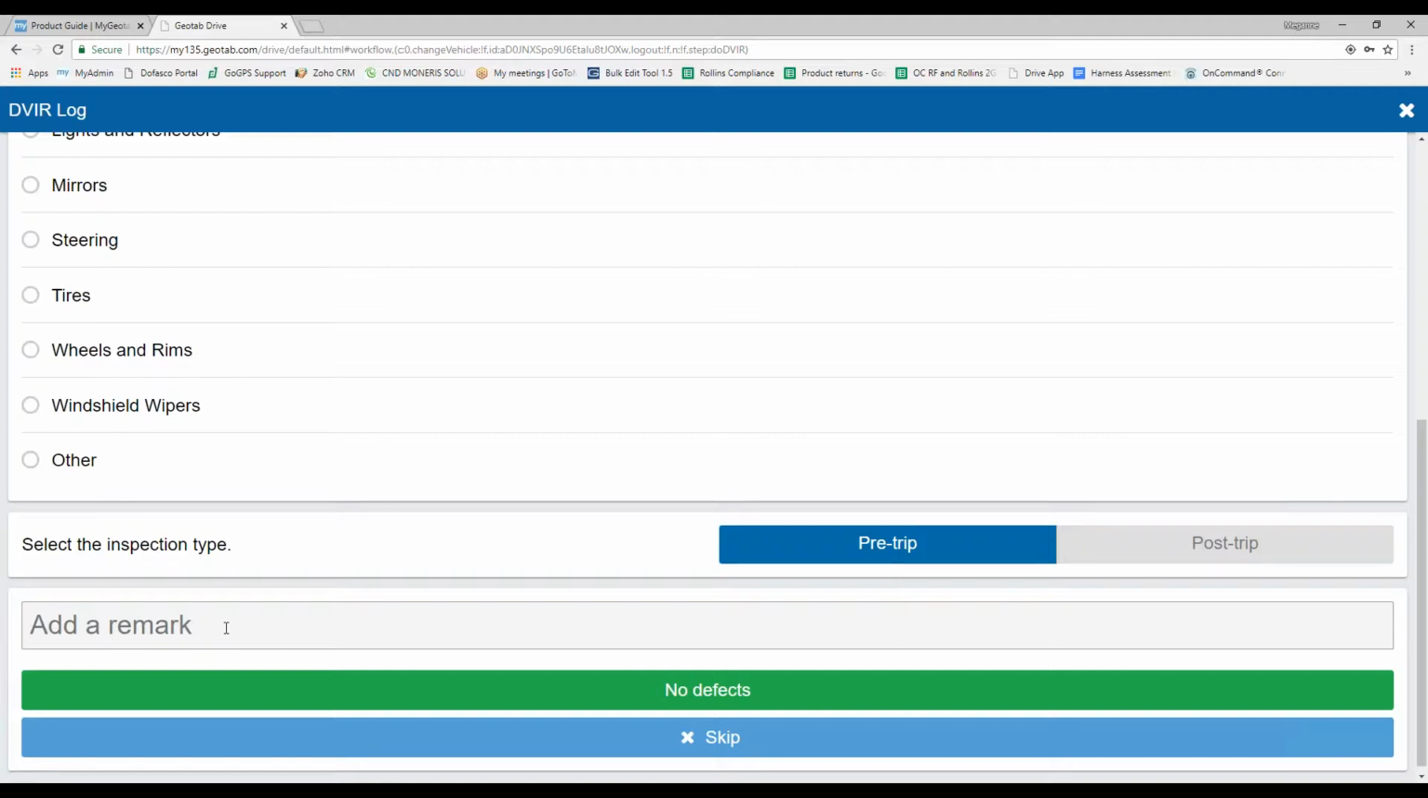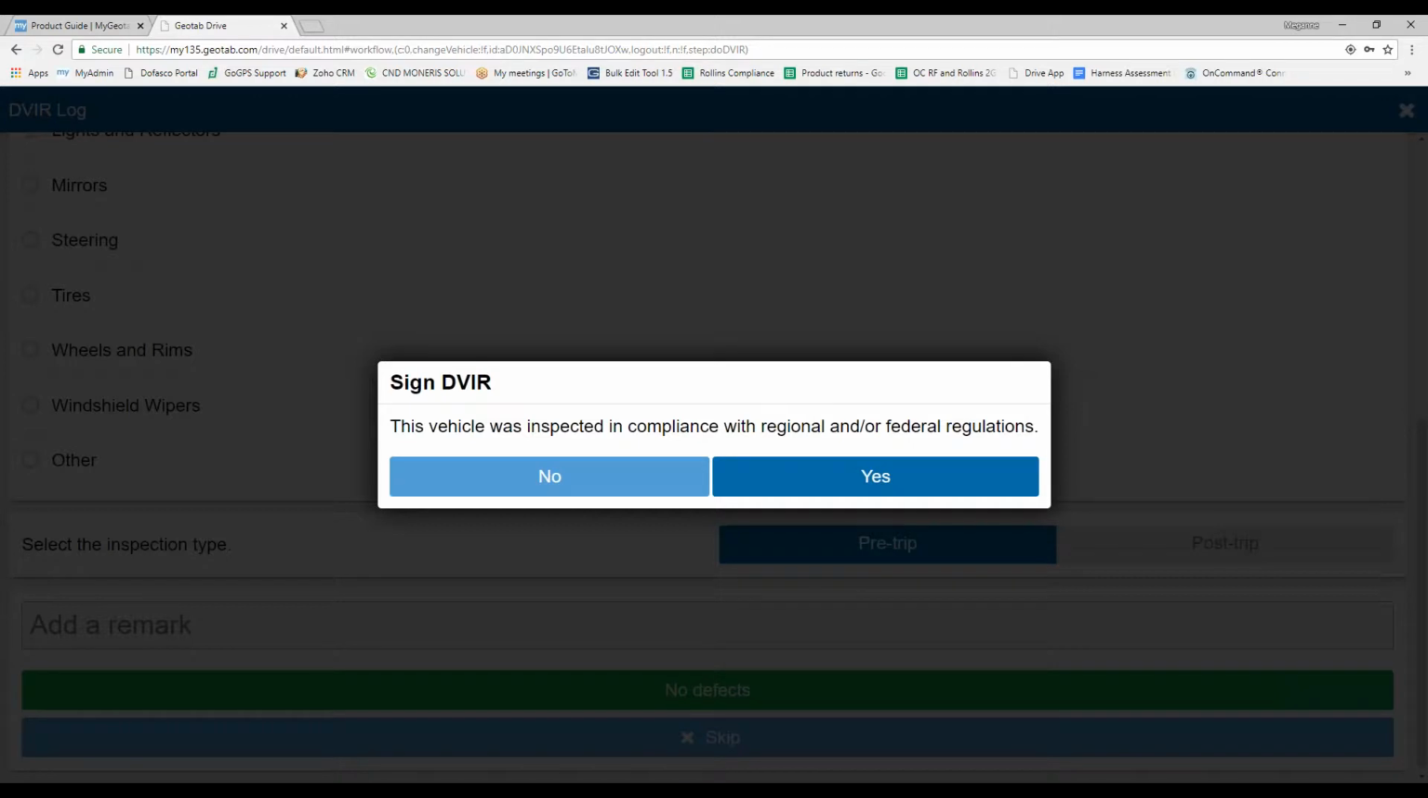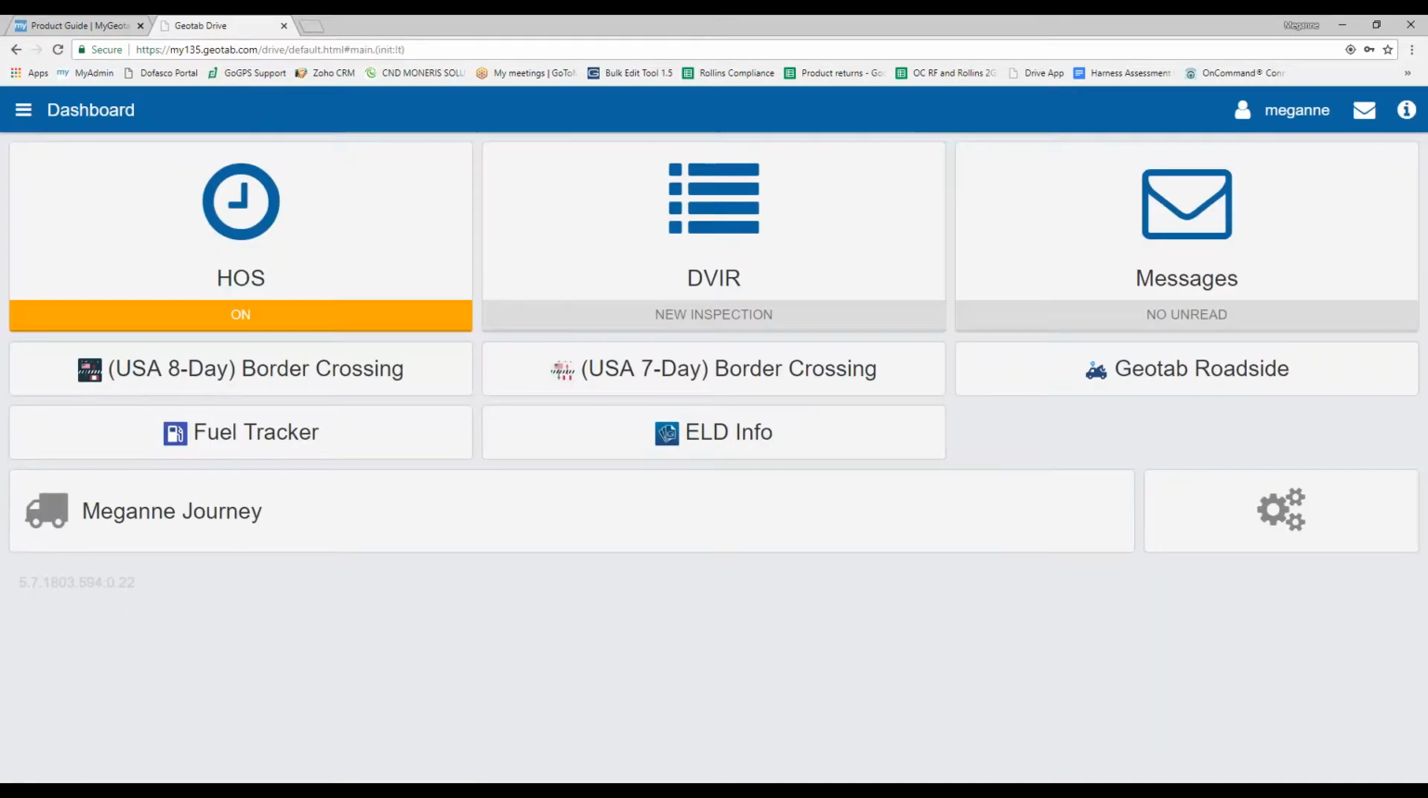Okay. Again, since there are no problems, I'm going to go ahead and click no defects. It'll then ask me to sign off on it, saying that it's in compliance with the regional and/or federal regulations. I'm going to say yes. And there we go. So from the time that I log into the app, it automatically puts me on to